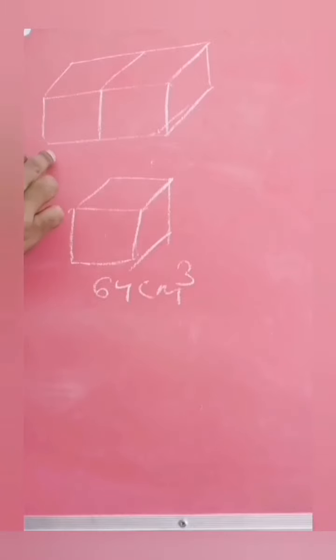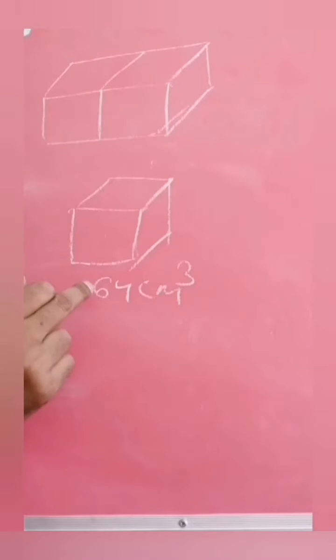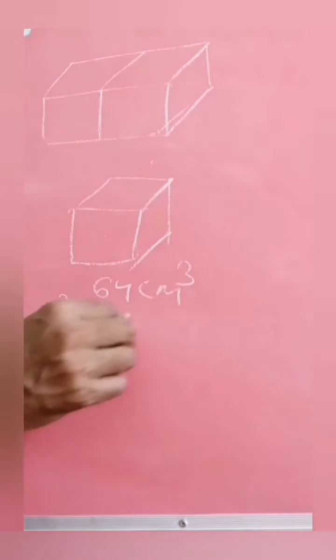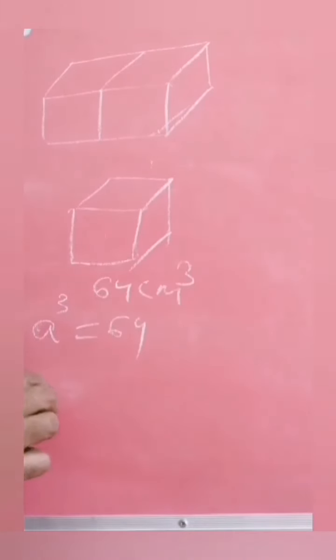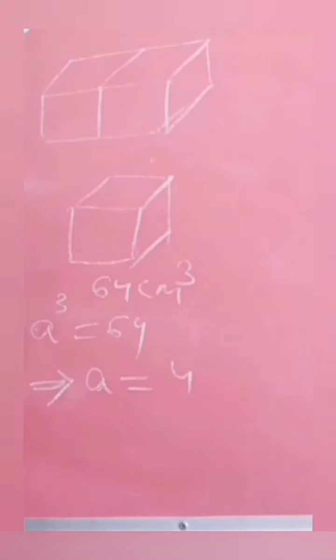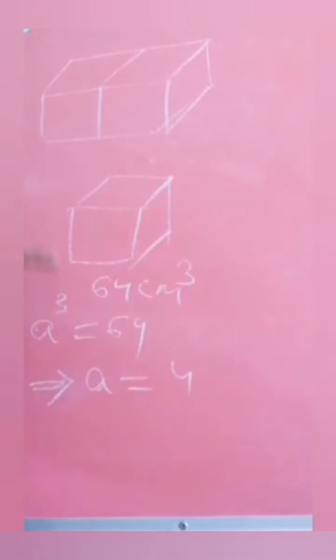That is, first you find the dimensions of the cuboid. For this cuboid, the length is equal to... as here the volume of each cube is 64 cm³. That means the formula is a³ = 64. a³ is equal to 64, given. So you can find from here a is equal to 4, by finding the cube root of 64, which is 4. So as you got a equal to 4 for each edge or each side of the cube, for the cuboid it should be 4 plus 4 is equal to 8.